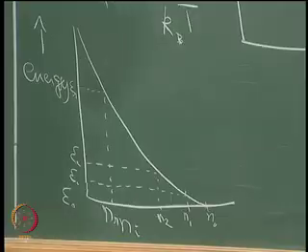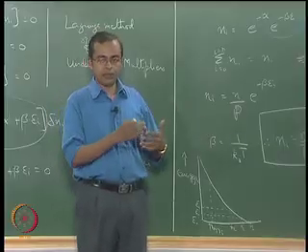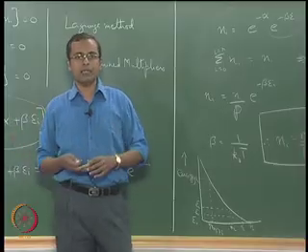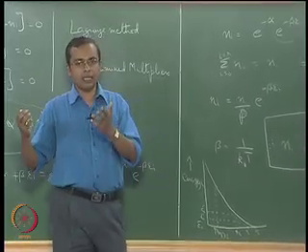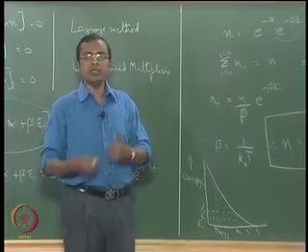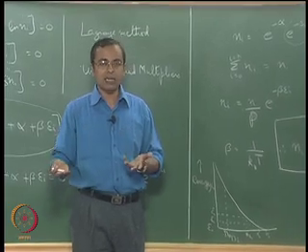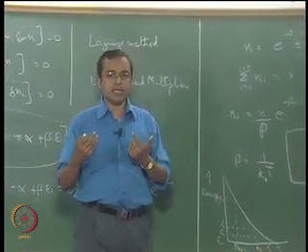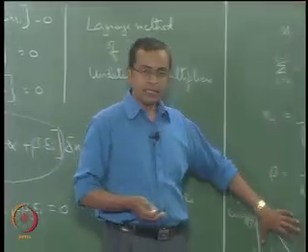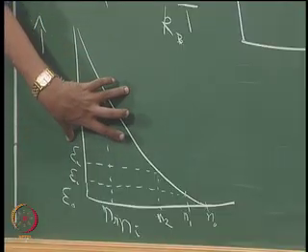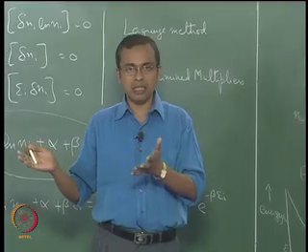The manner in which velocities and speeds are distributed across the particles will be a result of this distribution. Whatever we can calculate out of this distribution is the manner in which the velocities and so on will be distributed, and this is then directly reflected in the translational kinetic energy of those particles, the average translational kinetic energy, and the kinds of behavior they show with respect to specific heat. So if we make predictions for specific heat and energy of those particles, and it turns out that there is some problem there, then that problem translates to the fact that this distribution is perhaps not applicable very well for electrons in a solid, okay.